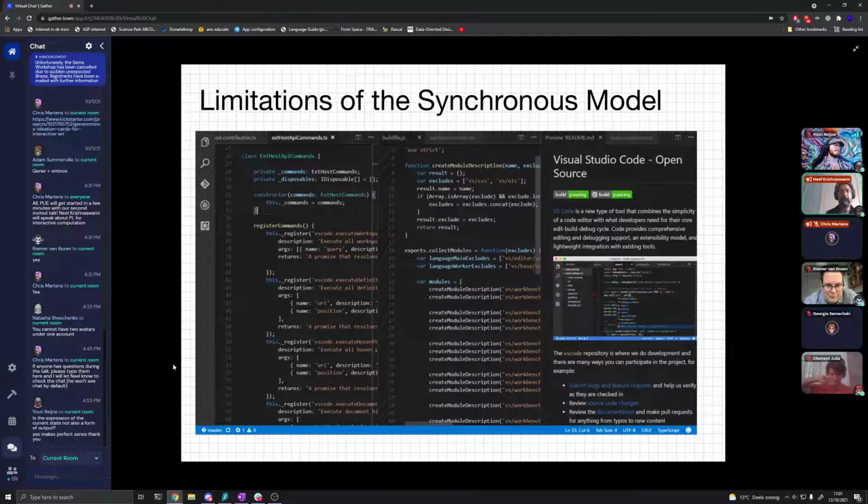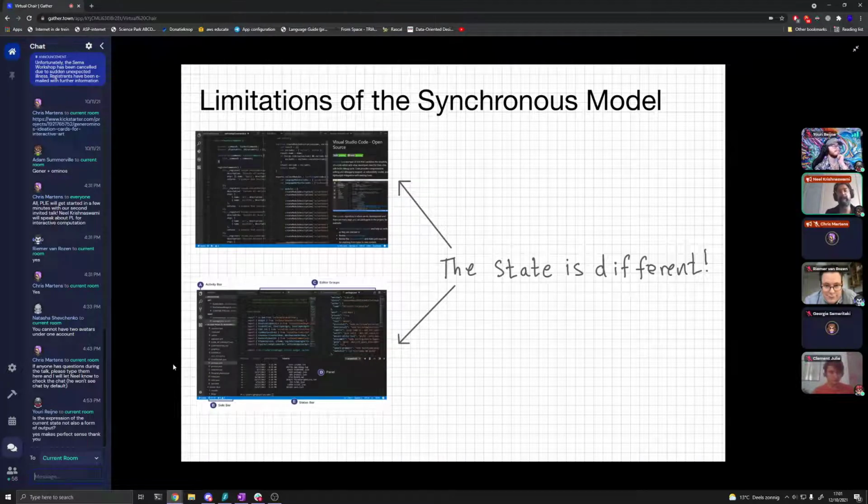And in this one, the terminal window is gone, and we have two files that are open, and we have a display of some markdown documentation, and then we have some tabs up here which are files that aren't open. And the thing to notice is that the UI state in these two windows is totally different. It's the same editor, but the UI state is in a very different situation.